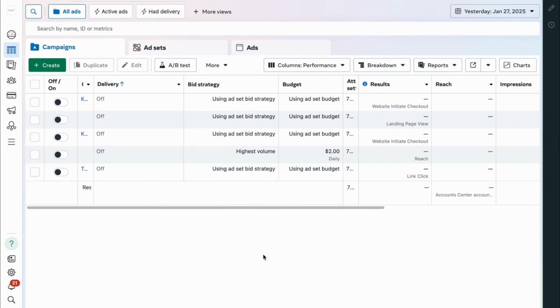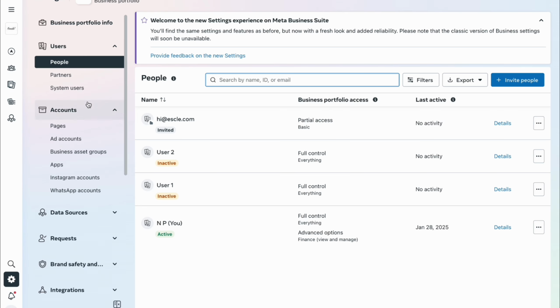If someone has access to the assets you don't want them to have access to, there is a way to revoke the access partially or completely, and let me show you how it's done. To do that, we need to go to business settings, then here when it's loaded we need to go to